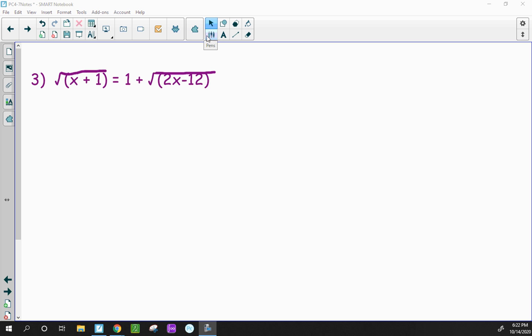Okay, on number 3, notice that there's a square root on the left and also a square root on the right, and there's a positive 1 here. So the first rule is to isolate the radical. Well, if I bring this one over, then this side isn't going to be isolated. So when there's radicals on both sides and an extra number, you can't do step 1. You're just going to have to raise both sides of the equation to the same power as the index. And what's going to happen here is it's going to create an x plus 1 on the left,